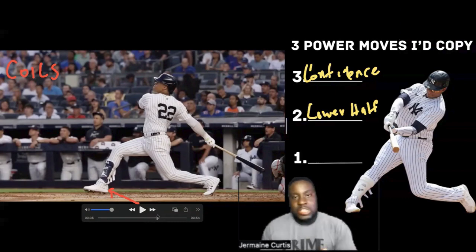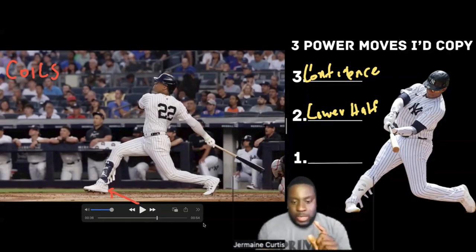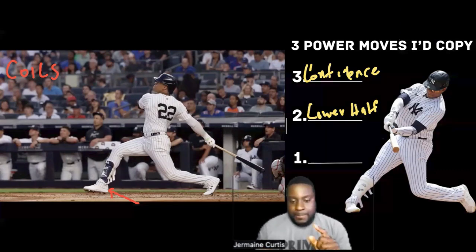And this is what I teach my hitters. And if you use this, you're going to be more consistent. You're going to hit more line drives. You're going to use your lower half correctly, and you're going to drive baseballs. Okay. So that right there is why he does so well. But that also sets him up to point number one. Now, what is point number one? Okay. Point number one is